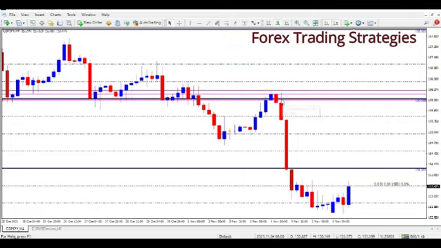So you see it actually opens wherever it opened. Probably after here it opened a bit and it went back to test this level. My sell limit would have been triggered, and probably I would have removed my sell stops